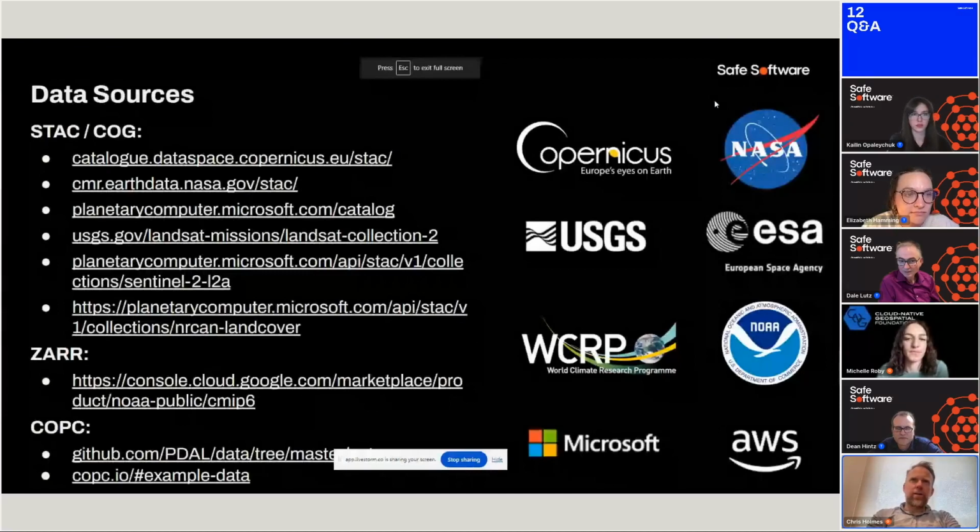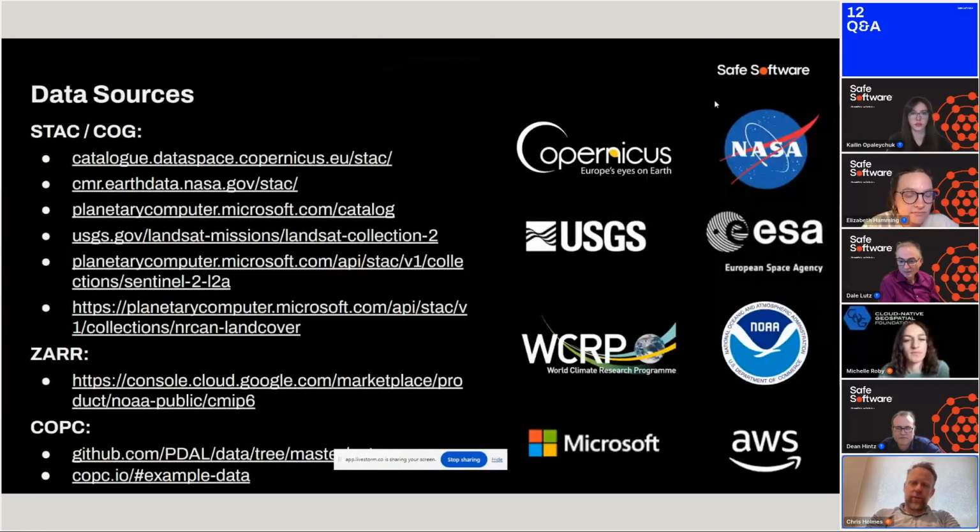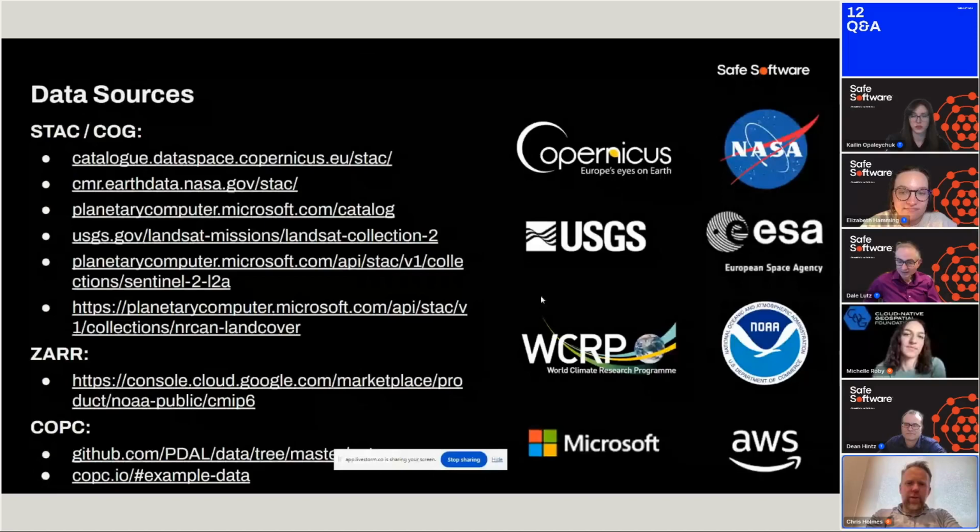FlatGeobuf is interesting. I do consider FlatGeobuf very cloud native, but Björn, that wasn't one of his design goals. The way he did it just made it work that well. And GeoTIFF was not cloud native. We were able to reorganize it a bit and get it cloud native. So it's more the design decisions, but some of them may be very close.